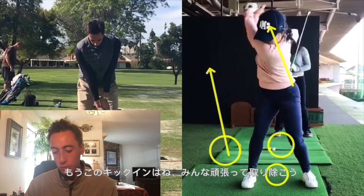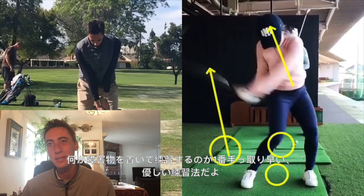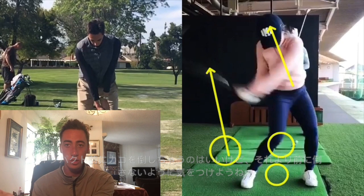The first thing with these Japanese is you've got to get them rid of this move right here. We've got to get rid of that trail knee kicking in and destroying those baskets, right? And that's the easiest drill to do. If you put something in your way and tell your body not to hit that thing, it's the easiest way for you guys to see changes, right? And that's why I think that little double basket drill where you put it just inside the knee line is such a good drill for you guys, because you want to make sure in transition